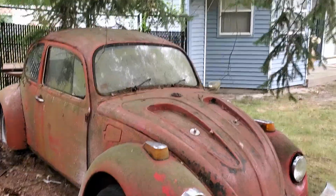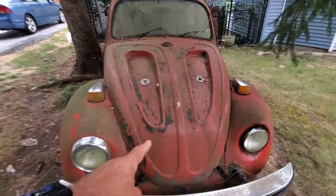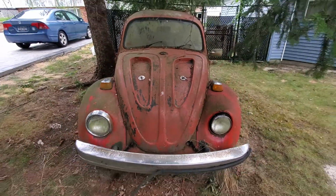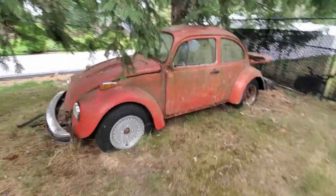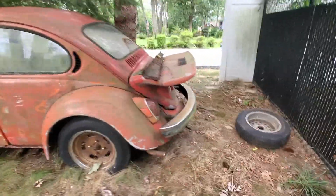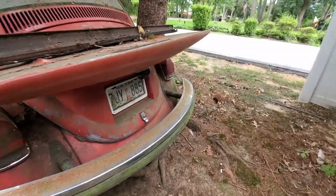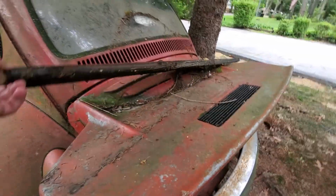I found this awesome car. I was driving around Long Island and checking something out across the street, and I found this car. It's an old bug. It's got some awesome front hood, fiberglass. Yeah, I got extra hoods and trumpets too. It's been sitting here at least 30 years. It's got an old New York Liberty plate on it. I'm not sure if that was put on there back then or. It's got cool whale tail,